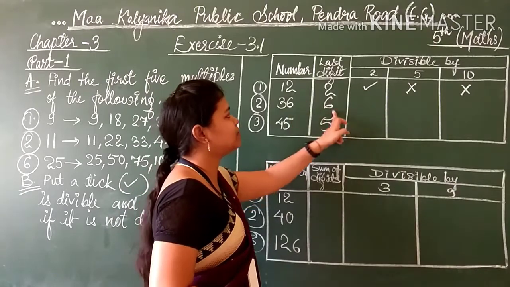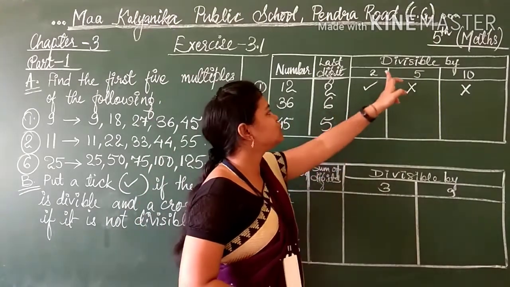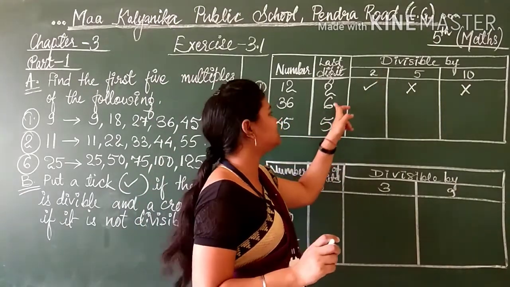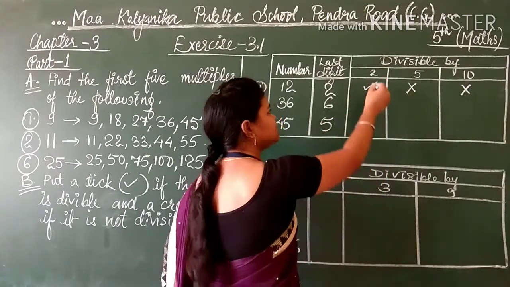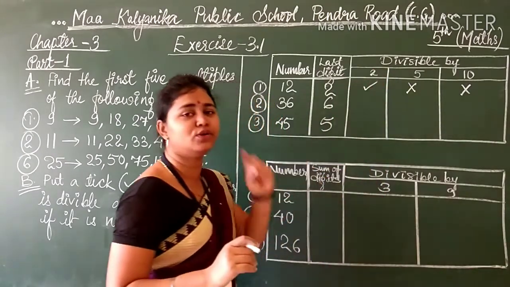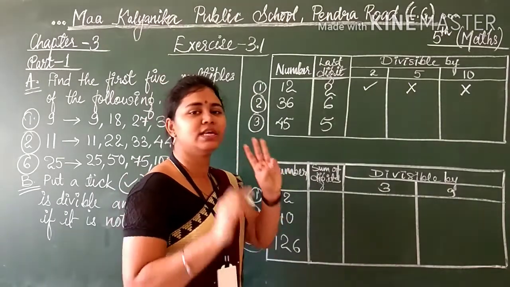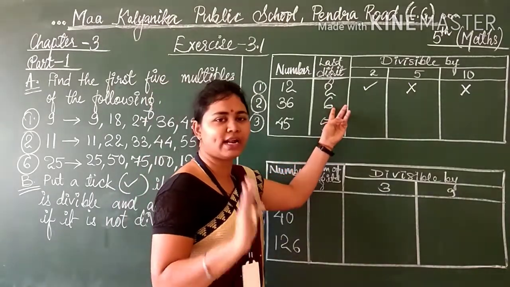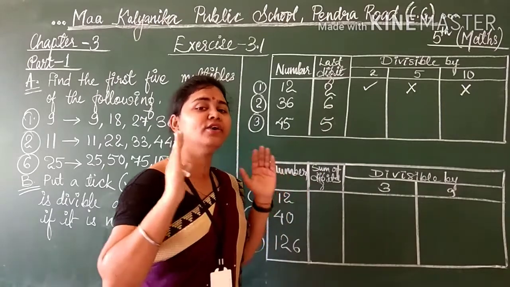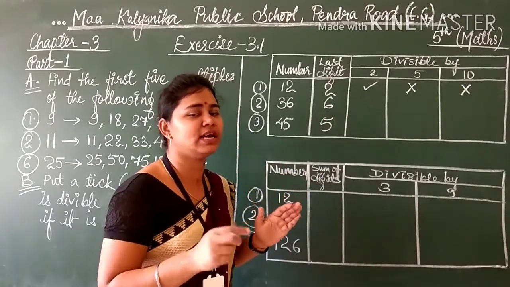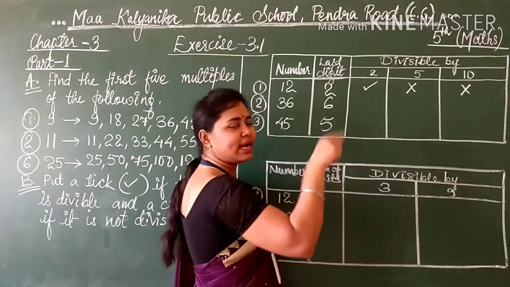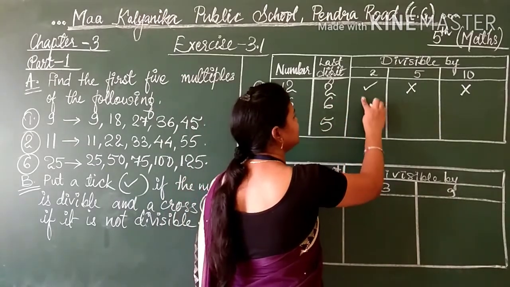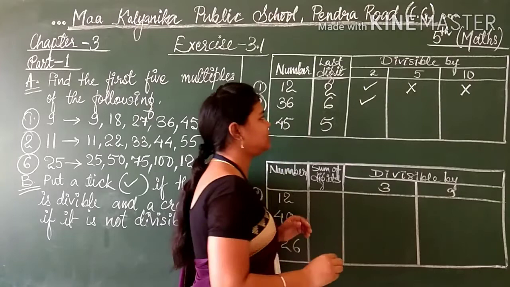So now 6. 6 is the last digit we have got from here. Now in the table of 2, can 2 divide 6 or not? Simply, students, in the table of 2 you read: 2 threes are 6. Directly we are getting 6, not any remainder. If a remainder is there, then it is wrong. But 2 threes are 6, we are getting 0 as remainder. So it will be yes, tick.